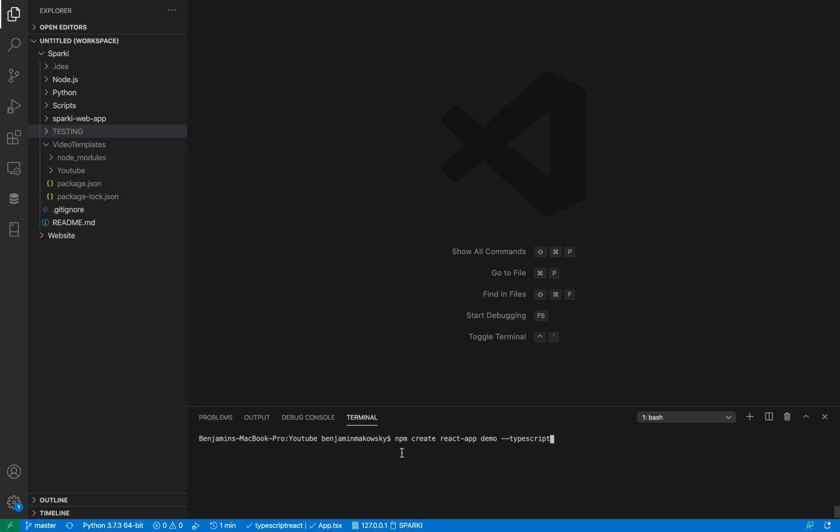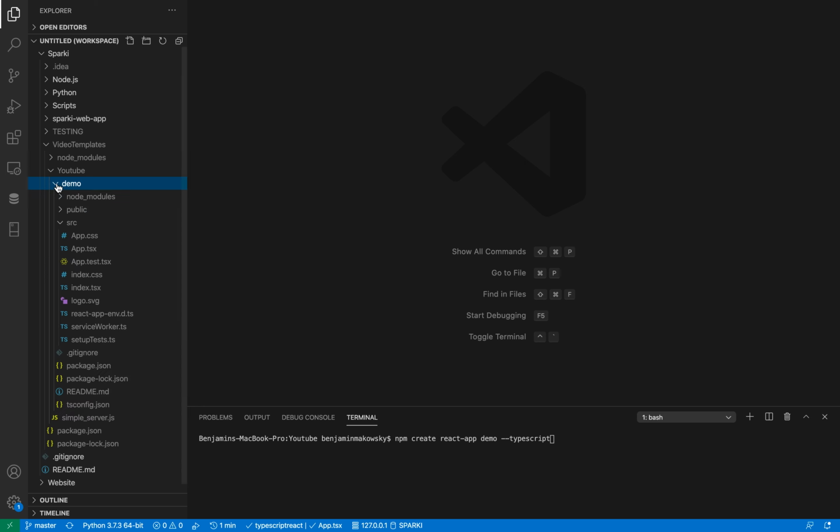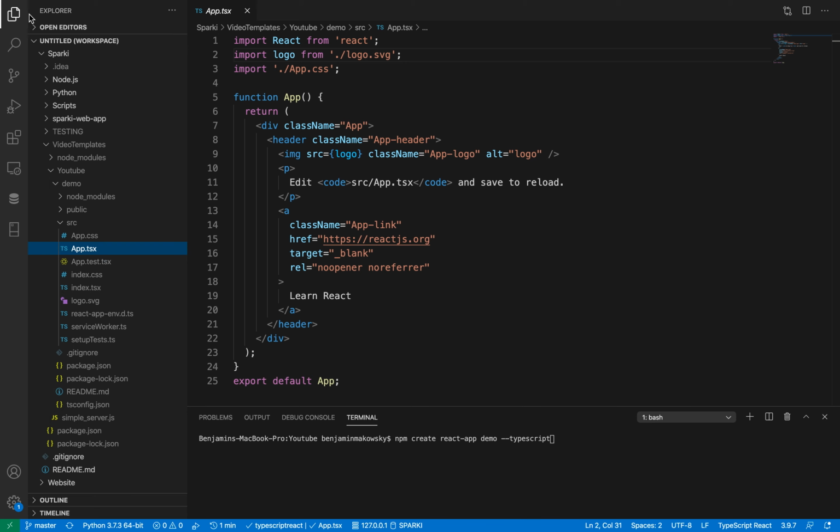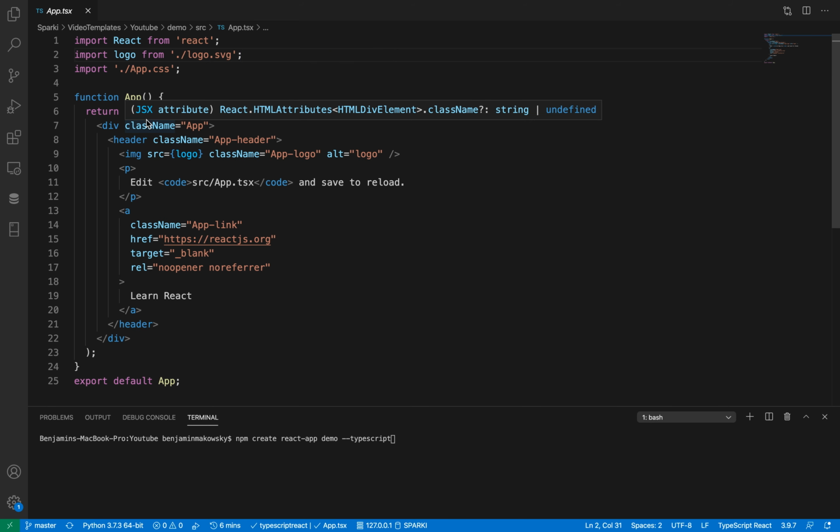I already have it created, so instead of having you guys watch that download and set up, I'm just going to open it up. I called mine demo, so here it is. Navigate to your app.tsx, and from there, this is where we will be doing all of our code and everything you need. It should look exactly like this if you just use the basic template that it came with,